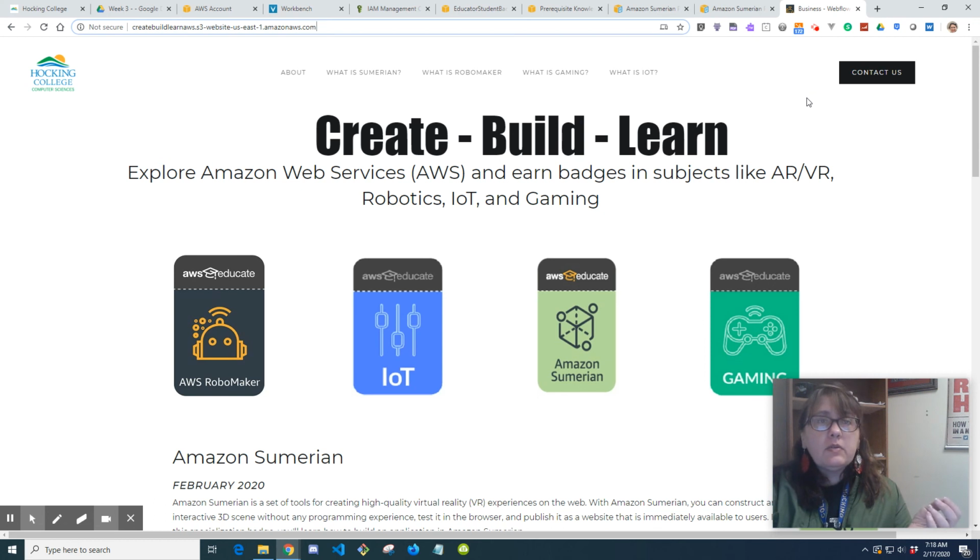Other things that I've used S3 for: we're working on a project here at Hocking College, and there are like 30 different WAV files, audio files in the WAV format, and they are very large. I usually put things in GitHub whenever we share and collaborate with other students in the classroom who are working on the project. But these 30 WAV files were too large to go into GitHub. So what I did do is, because S3 doesn't have any kind of capacity limit on how large a file you can store, there's no capacity limit on how big a file you can store in S3,